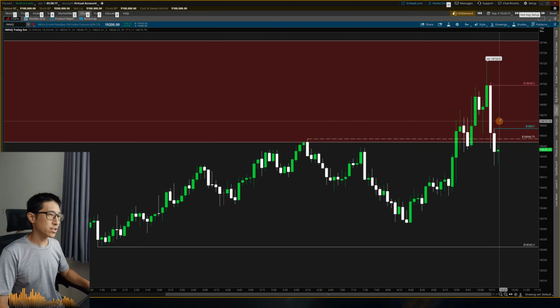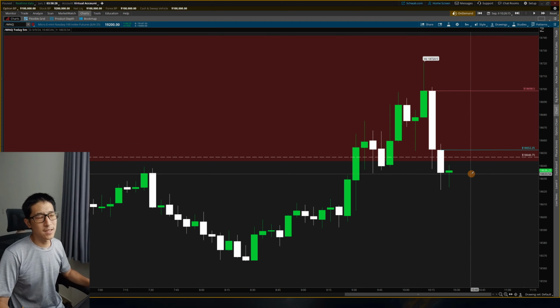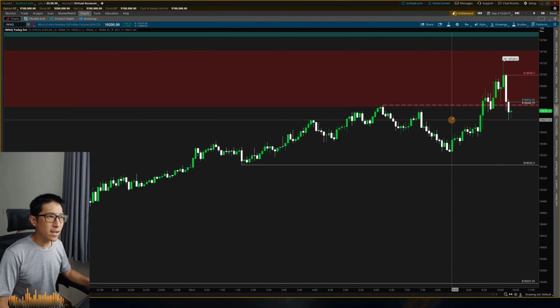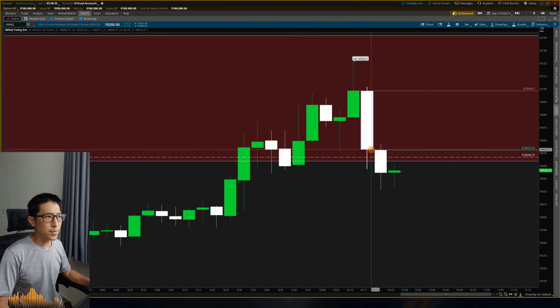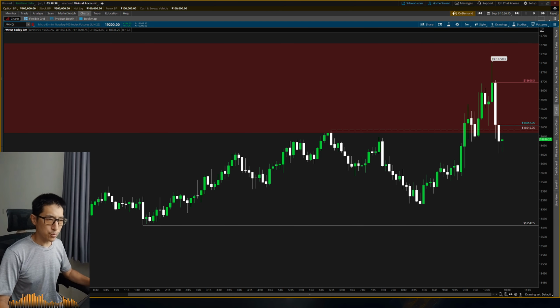If I lower it, let's say lowering it from 57 down to 52, that's about 45 points of risk. I guess that's fine. I'm going to go ahead and try for this just because it's a small little volume imbalance. So technically this is the bottom of the fair value gap. So yeah, let's go ahead and go to the spreadsheet, see how many contracts I can take on this.